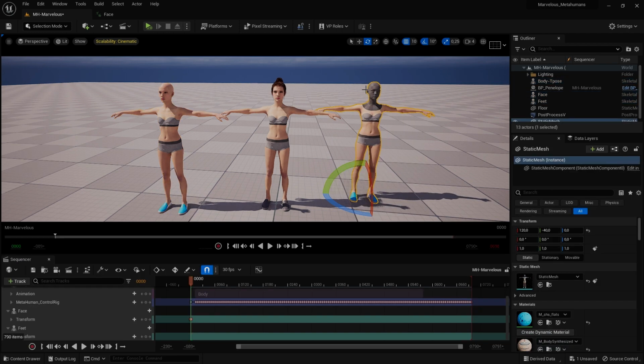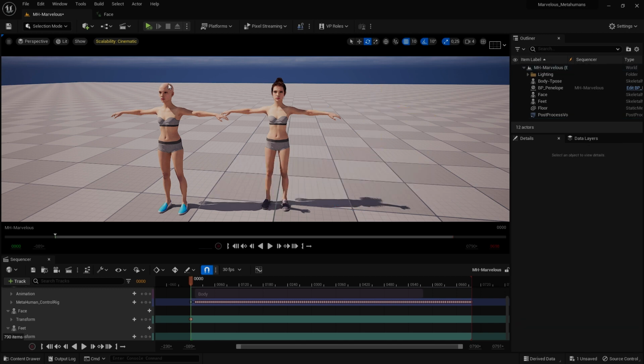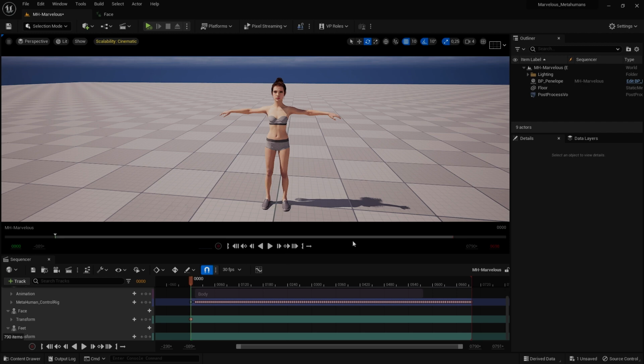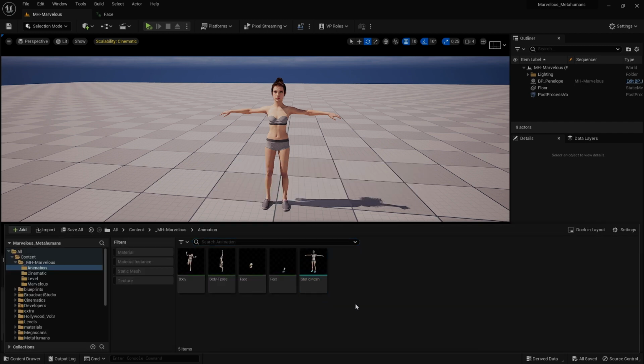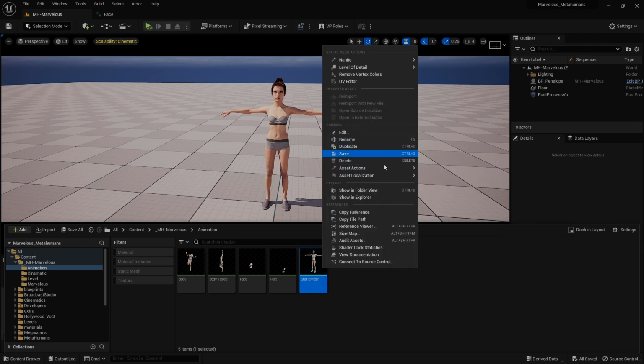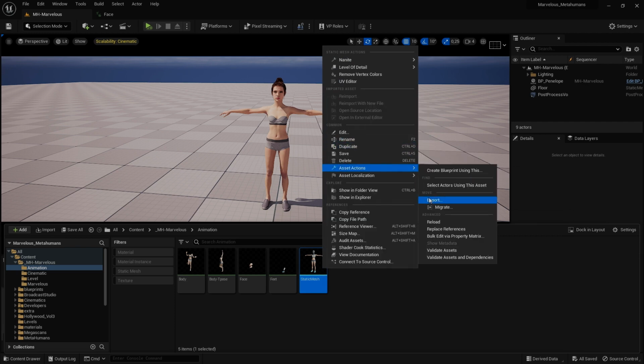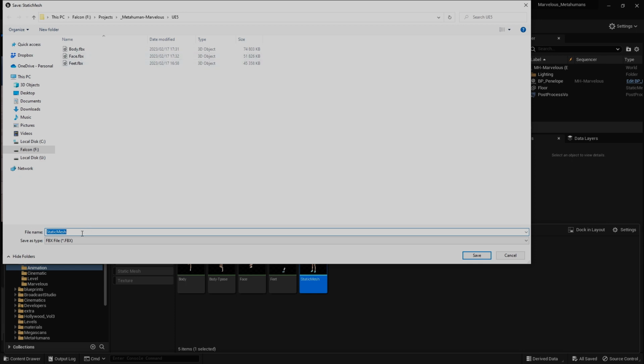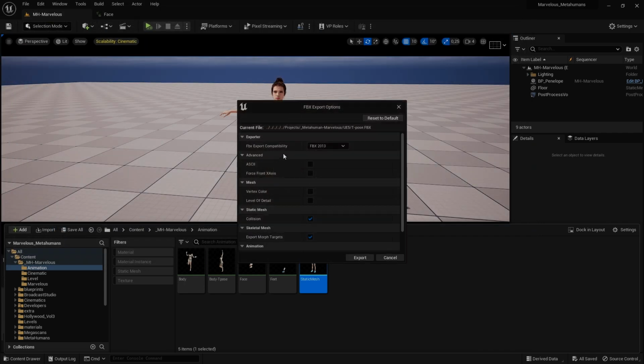Now we have a static mesh of the T-pose. Okay. Just going to delete this, this. And then just click on this static mesh, right click, asset actions, export, and then static mesh, or let's call it T-pose. Save. All those settings are fine.